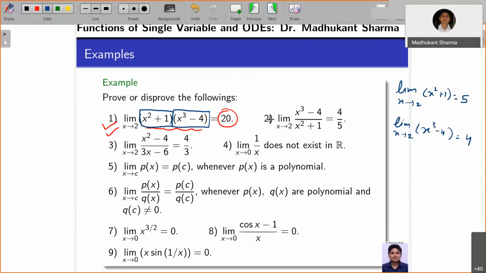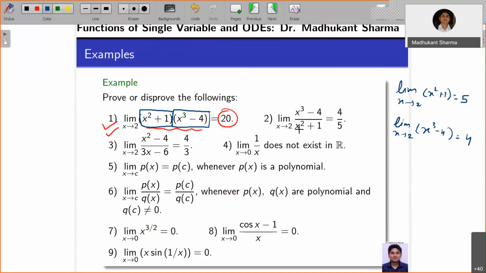Now if you look at the second problem, this again behaves in a similar way. The denominator is x square plus 1, so it will never be 0 on the real line, for any value of x. So we are not worried. Note that the limit as x tends to 2 of the numerator exists and the limit of the denominator also exists. The numerator limit is 4, because 2 cube minus 4 is 4. The denominator x square plus 1 is going to be 5. So it's going to be the ratio, 4 by 5, because instead of the product, we have put in the